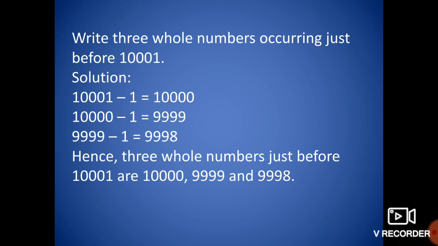Next, second problem. Write 3 whole numbers occurring just before 10,001. So, in order to get just before, we'll perform the precedence operation, nothing but subtracting 1, we will get the just before number. So, 10,001 minus 1 is 10,000. From 10,000, we will subtract 1 again. So, we'll get 9,999. Now considering 9,999, we'll subtract 1 from it. So we will get 9,998. Hence 3 whole numbers just before 10,001 are 10,000, 9,999 and